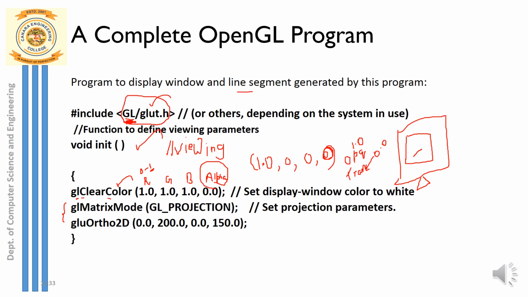So when I say the line, it is actually the image of a line that I need to render on the display window, right? So let's relate this to a real world concept. Suppose you are capturing the image of any object using a camera. Suppose I have a camera and I am capturing the image of an object. Say suppose there is an object and the object is a tree.